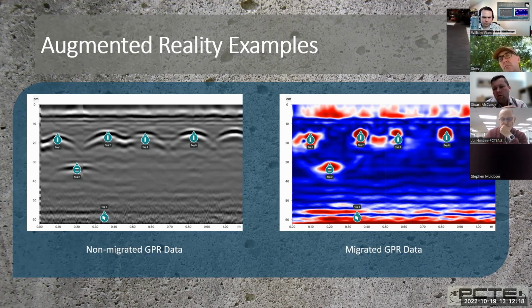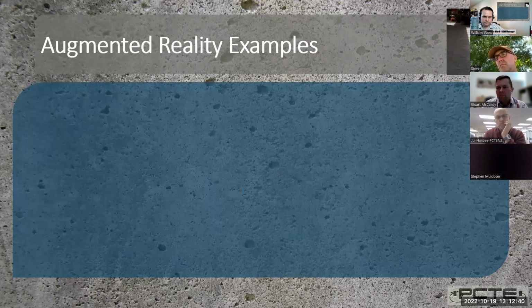The next step with GPR, we went on to what's called migrated GPR data. So it's a heat map. Rather than having this grayscale where you've got these hyperbolas, the curves for the targets, you've got them as red dots and the red line for the bottom of the concrete slab. And that's a little bit easier to understand, but it still doesn't combine the scan with what's happened on